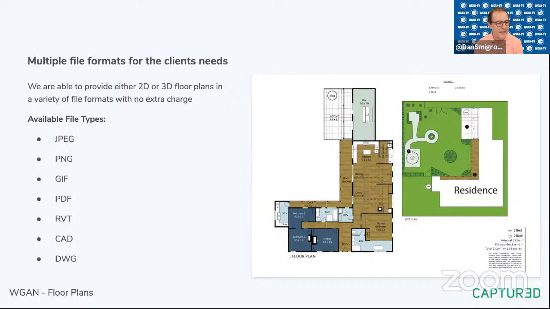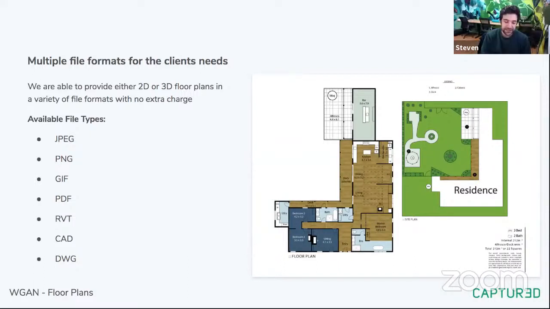Cool. Anything else on the floor plan files? I guess I should ask one question while you're here. The actual dimensions of the deliverable, can that be changed? Yeah, and it does need to be changed as well when it goes back to the point that I was making before, that each region has different specifics that they need to deliver floor plans under.